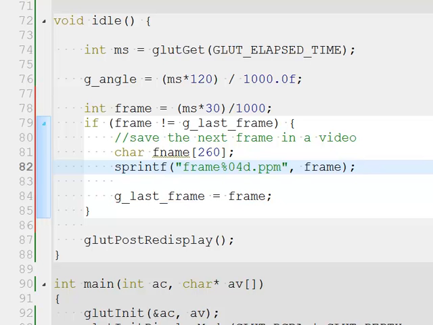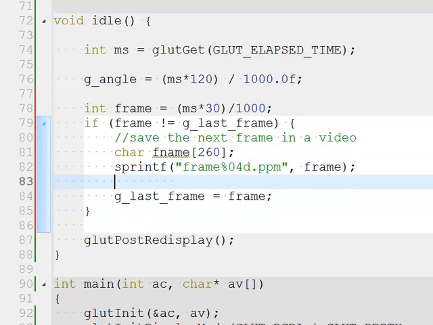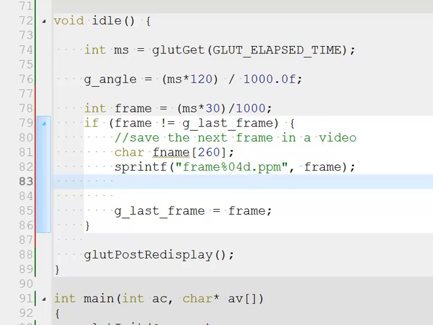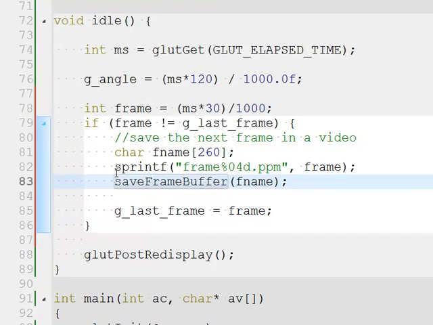And there we go. And so now I need to use that with the save buffer, but it's going to be kind of lagging a little bit, but that's okay. So let me just save frame buffer fname. Okay. If I really wanted to, I could call display directly here first. But okay, so let's see if this works. So save this,